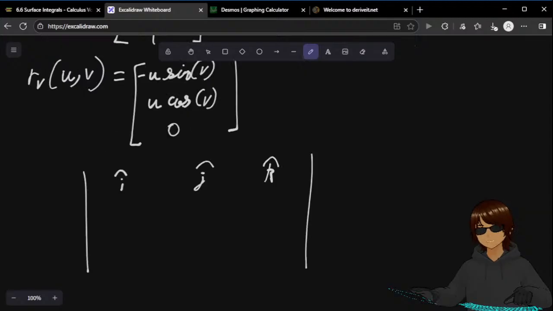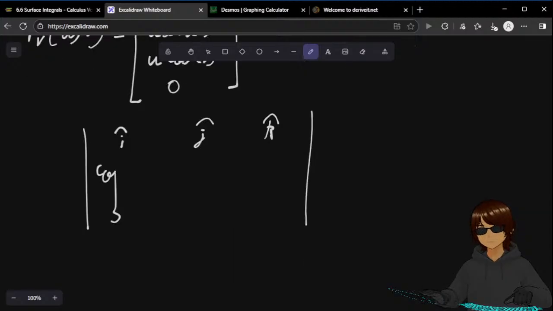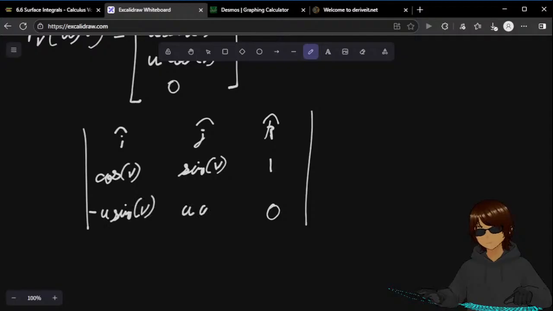Cos, sine, 1. This part is cos V. This minus this